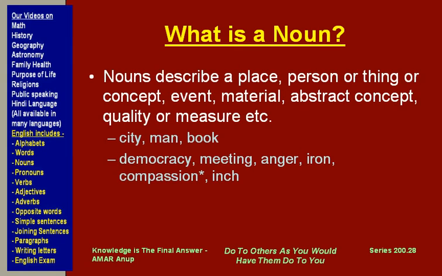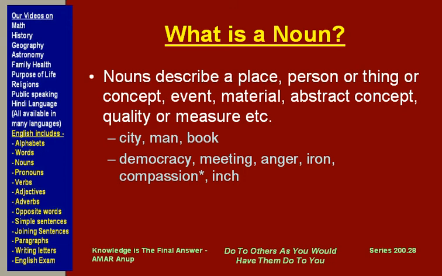So let's look and see what is a noun. A noun is a word that describes or identifies a place, person or thing, or a concept, an event, some material, abstract concept, quality or measure. It's a long definition. Most people focus on the first part of this definition, which is that a noun describes a place,